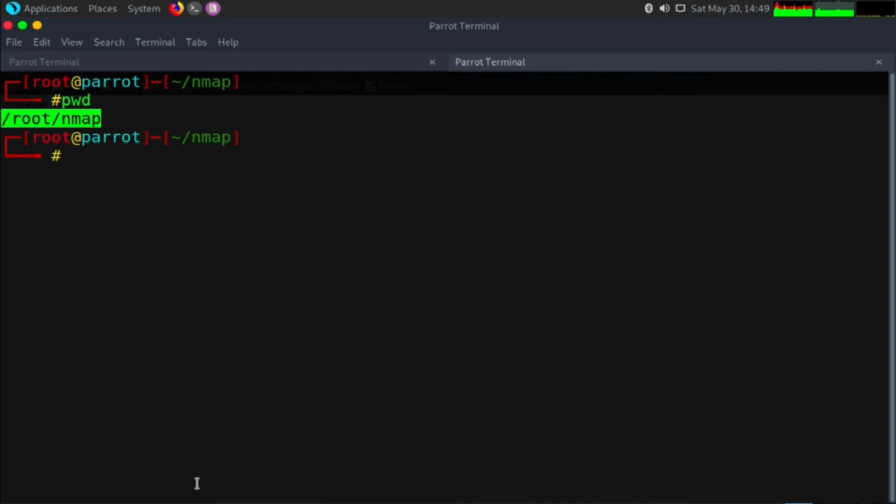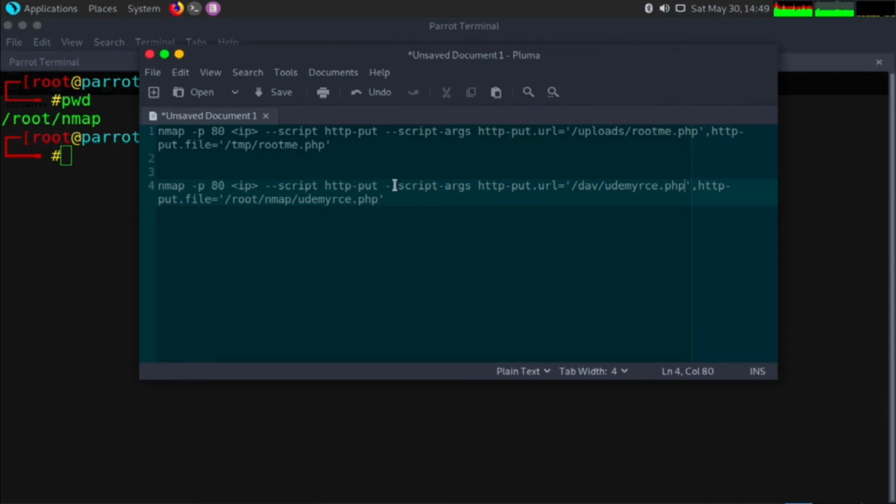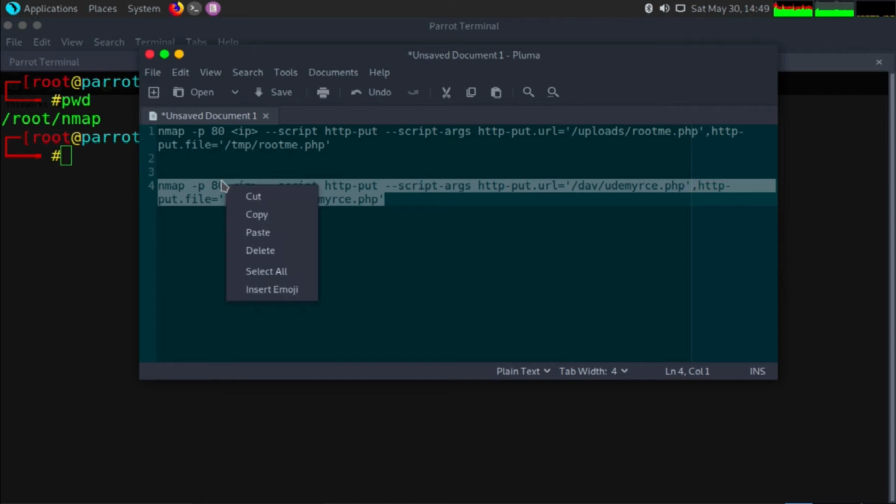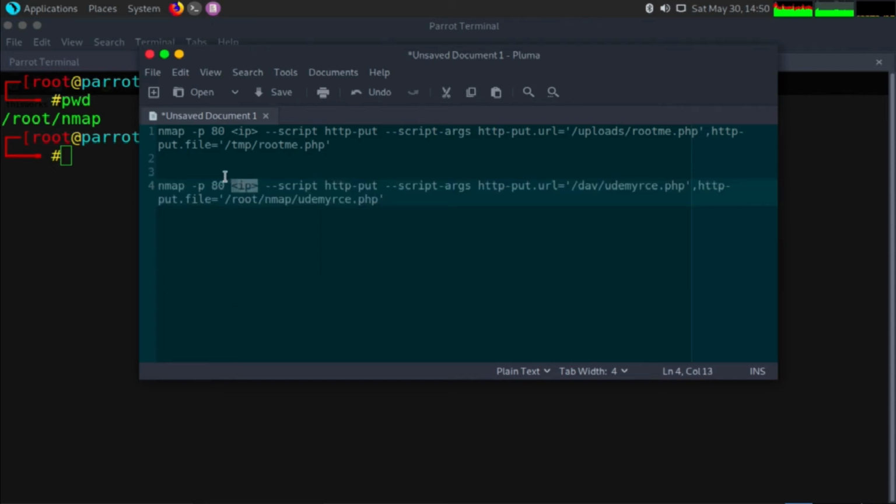For that, we are going to use Nmap. There is an NSE script in Nmap which is http-put, and I'm going to use this script. You have to give the IP address, so I will just give the server's IP address. All right, this is the server's IP address. Next is the script that we are going to use, the NSE script http-put. Along with this script, we are going to use script arguments. In the script arguments, we are going to give the put URL where we want to put the file onto the server. So we want to put the file at